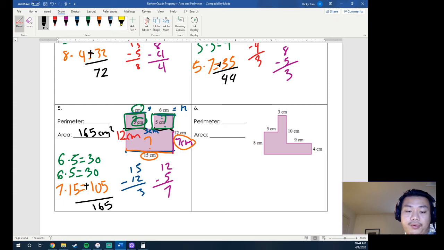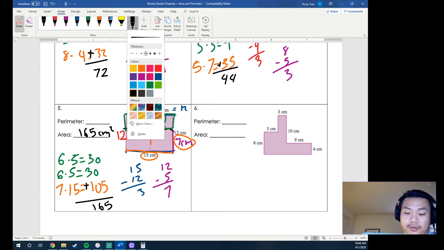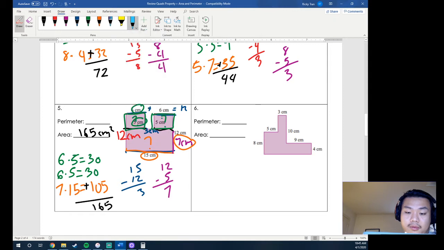And for perimeter, since it's a little awkward, let me add another color. Let's do light blue. Okay. For the perimeter,